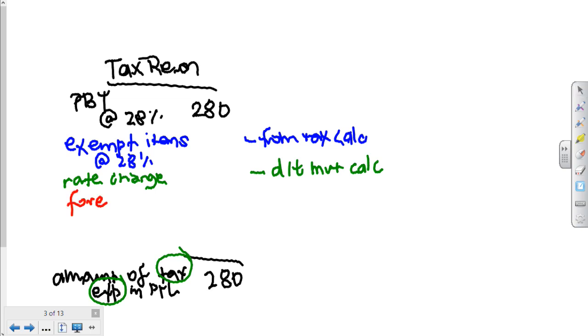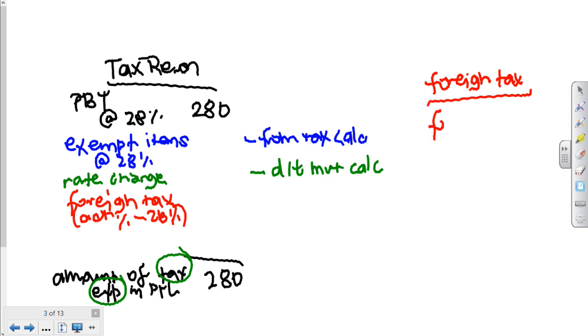Foreign tax. Do you agree that foreign tax is not at 28%, isn't it? Because every country's tax rates are different, isn't it? The amount of foreign tax that comes into a recon is the difference between the actual percentage and the 28%. That's the amount that comes into my recon. Let me show you an example of that foreign tax, because students often get confused with that foreign tax and how it works. Let's assume that I have foreign income